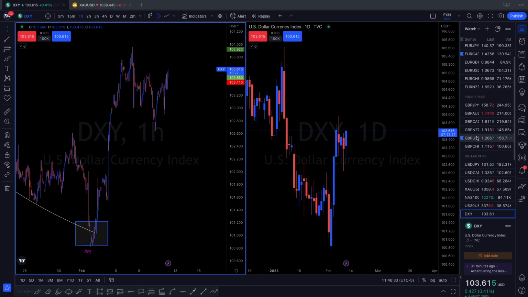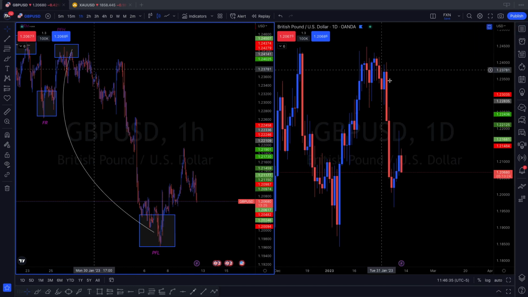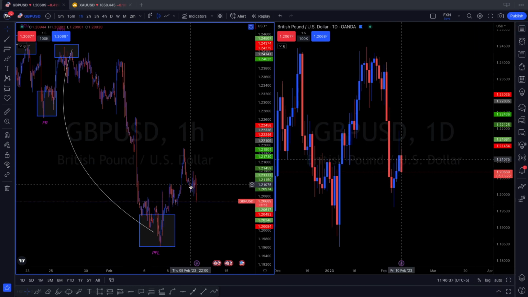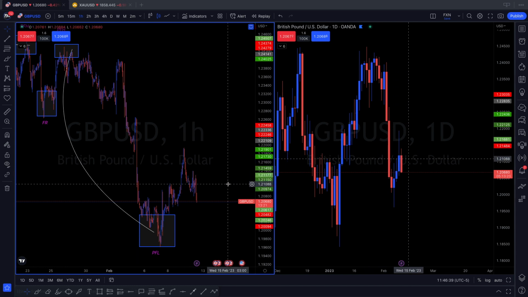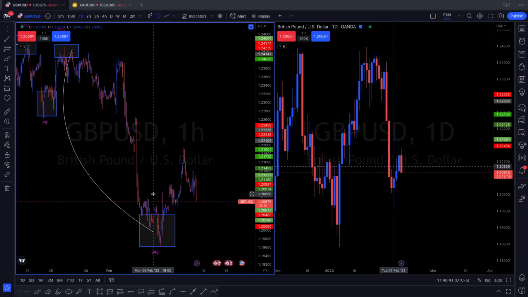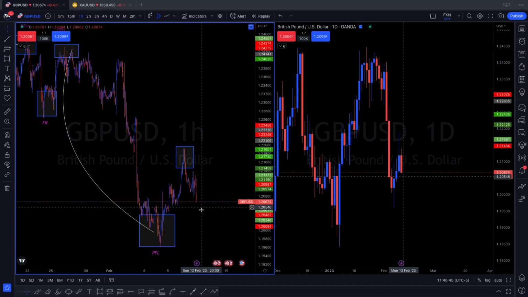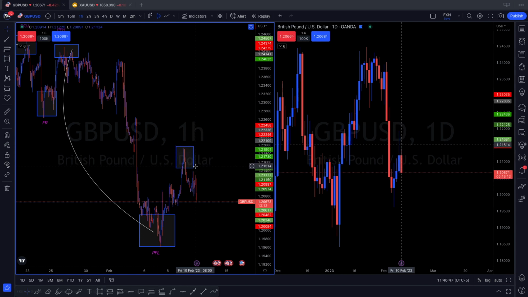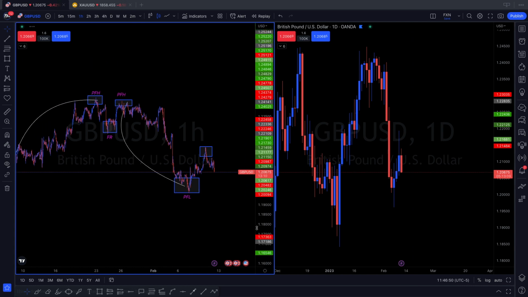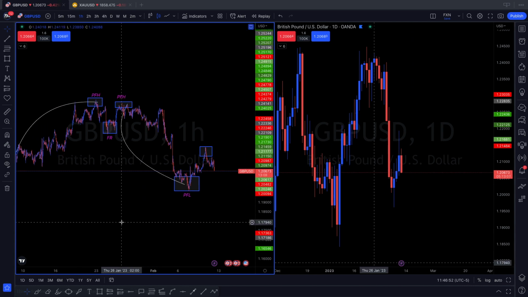Well, if it's going to give us dollar strength, then obviously this is going to cause pound USD to fall. If it's going to continue to fall, then we have to have a reset. So at some point here, we're possibly anticipating this right here to be the reset. And then if we measure this out to the next point of